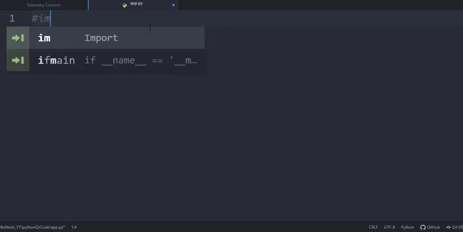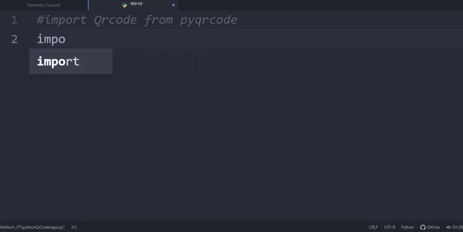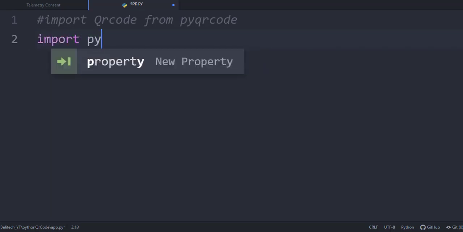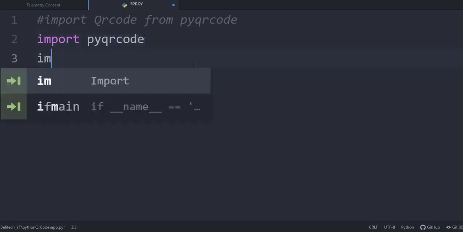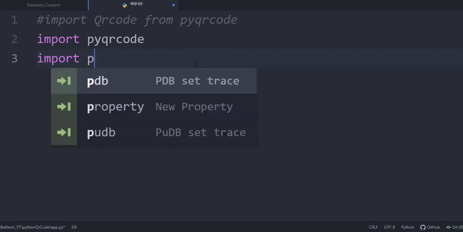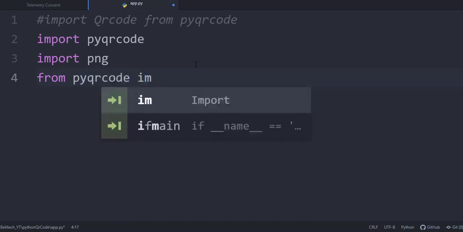Okay, so import the QR code from PyQR code. Okay, now I'm going to import PyQR code. Okay, and then now I'll import the PNG from PyQR code, and then I'll import